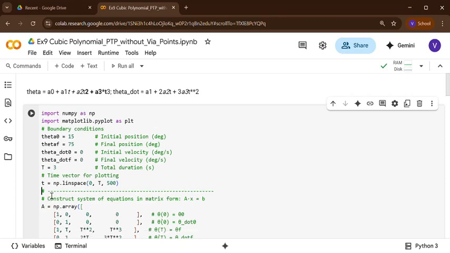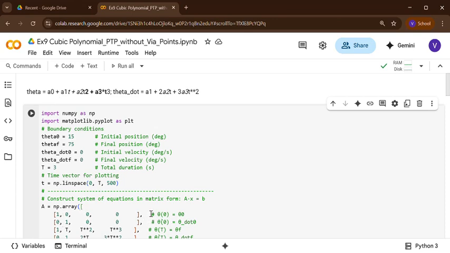Now I'm going to create a matrix with np.array. In the first row I'm going to substitute the first condition, the initial condition theta 0, so I substitute t equal to 0. Then the other terms become 0, and you have only a0, which is 1.